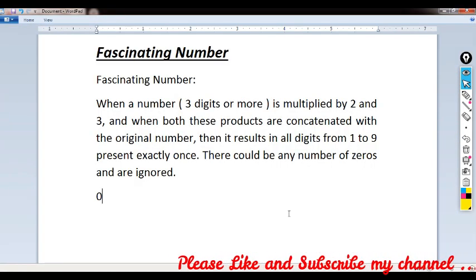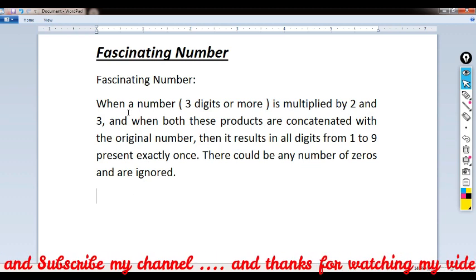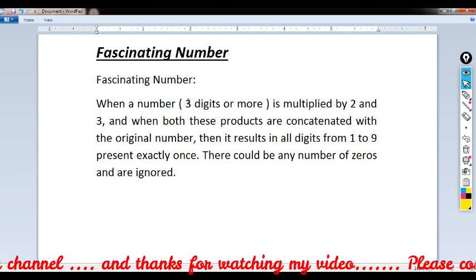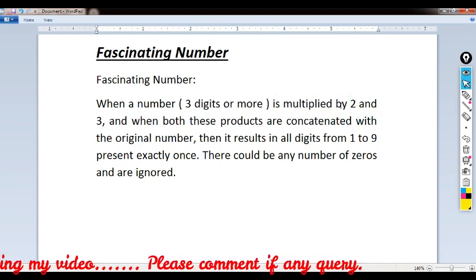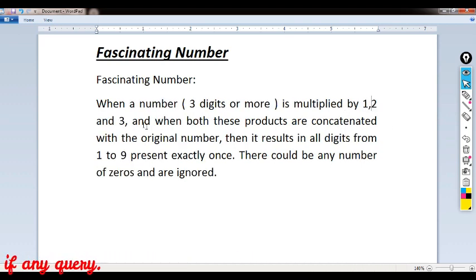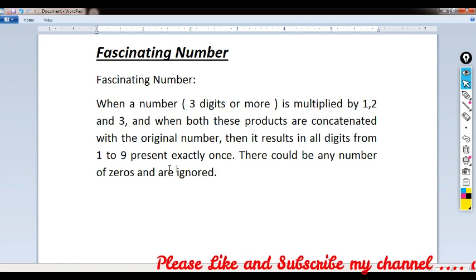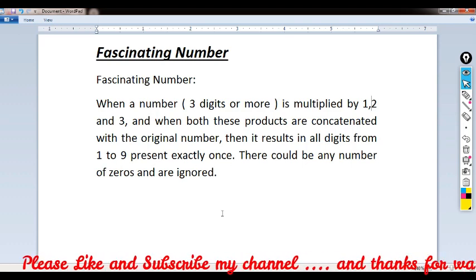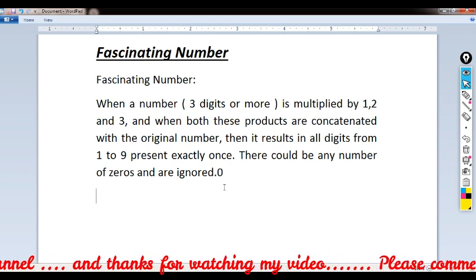Firstly, we can try to understand what is a fascinating number. When a number of 3 digits or more is multiplied by 1, 2 and 3, and when all these products are concatenated with the original number, it results in all digits from 1 to 9 present exactly once. There could be any number of zeros, and they are ignored. So to understand this definition,